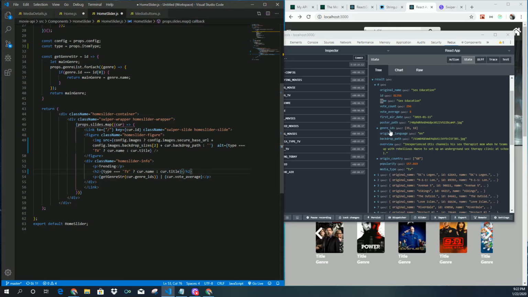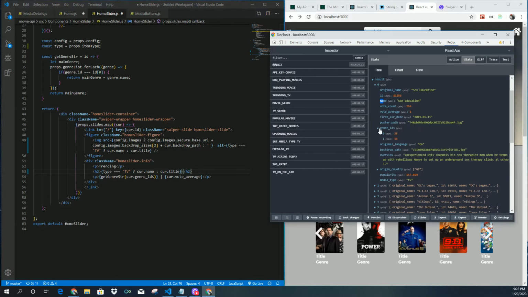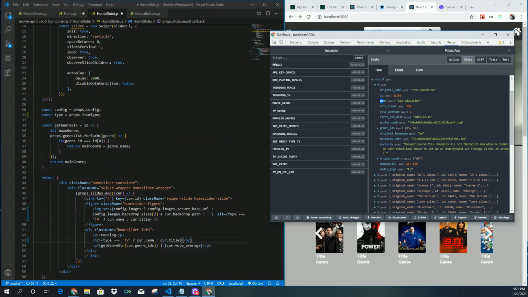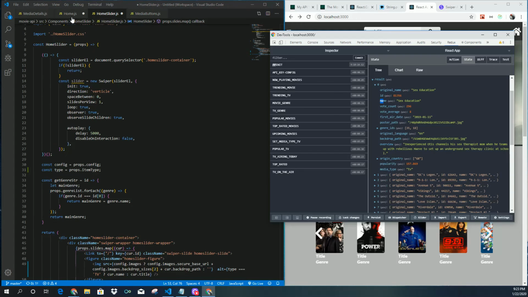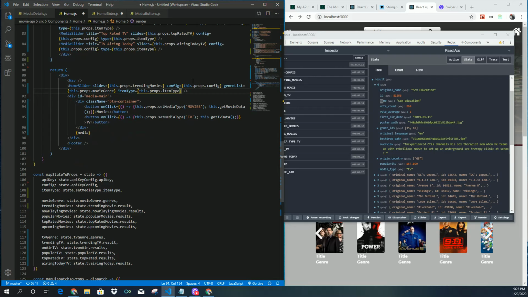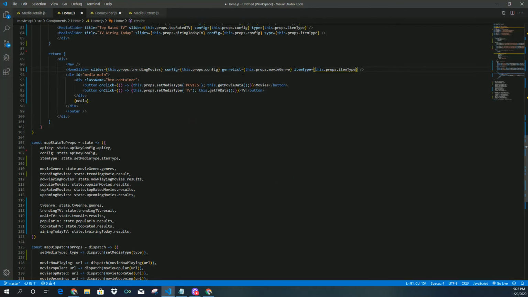Let's see. Yes, it is current.genre IDs. So it'll do the same thing, but I think we need to also pass genre list. So let's extend this, and we'll say, so what should we say? We say